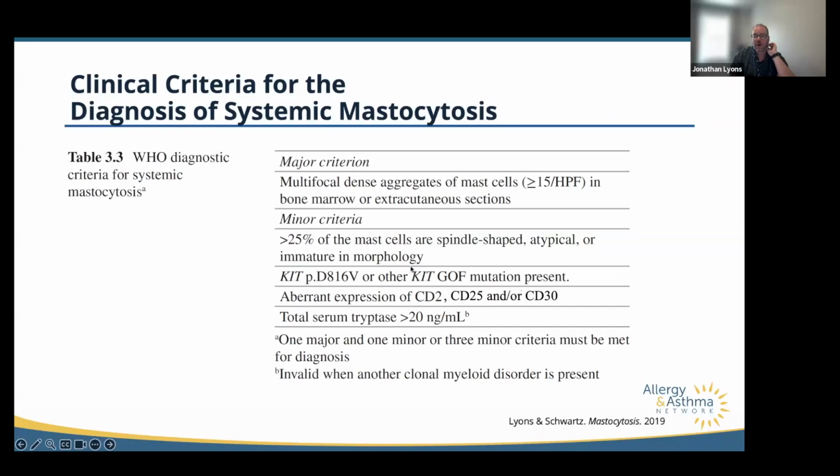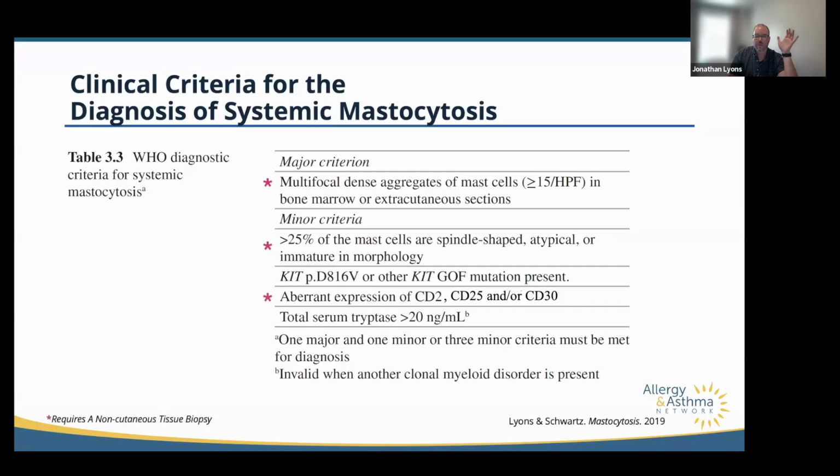But it can be really anywhere in the gene, although it's usually in defined areas that drive any gain of function in that gene that can be associated with this disorder. But it's important to know that you can't make this diagnosis without a bone marrow biopsy. So there is one major criterion, and there are 4 potential minor criteria.